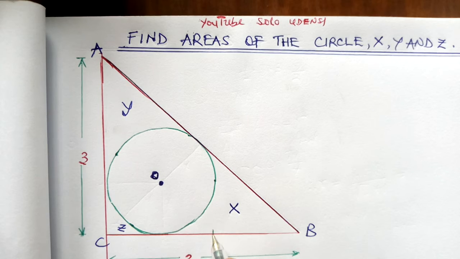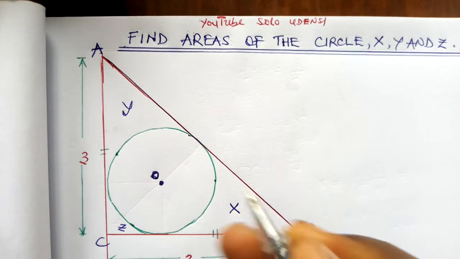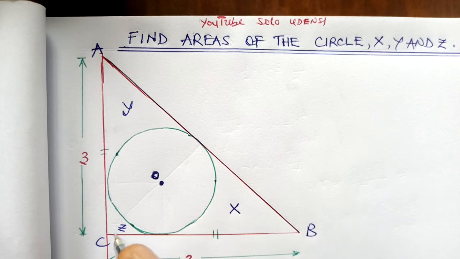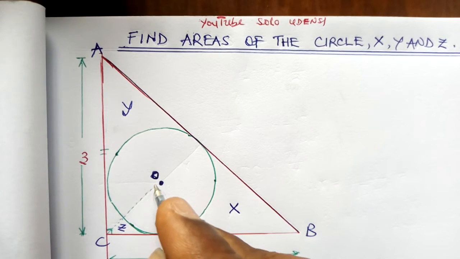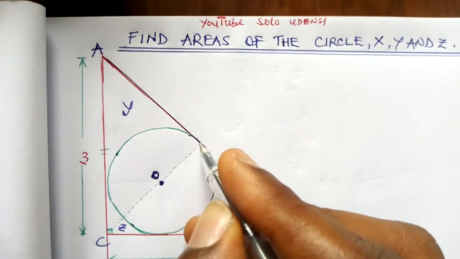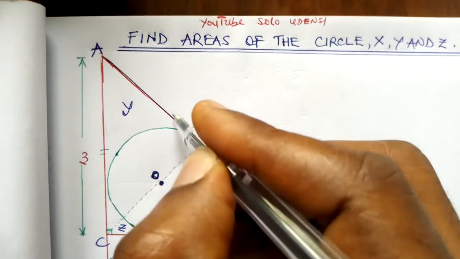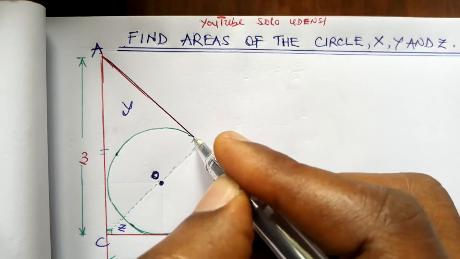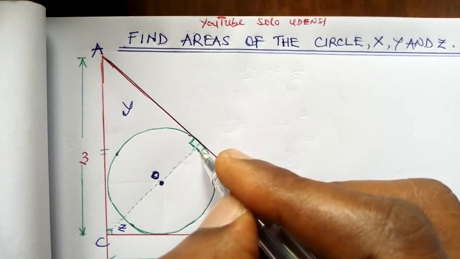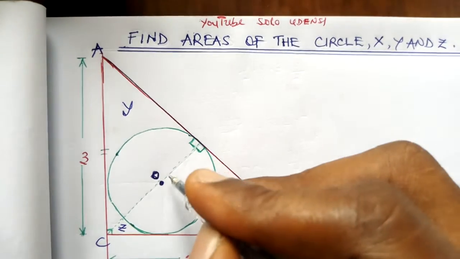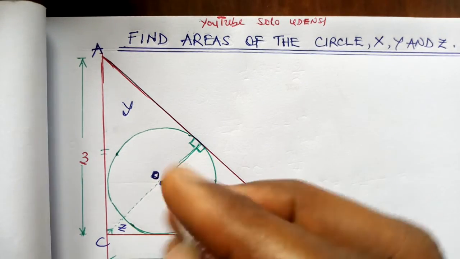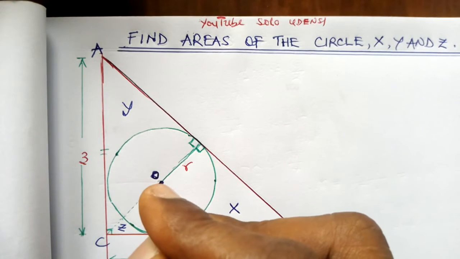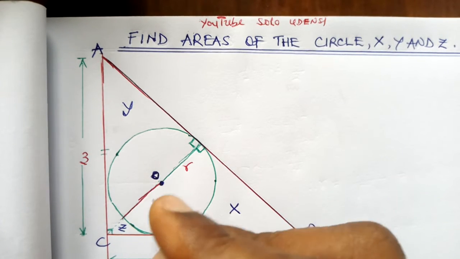So we have that this side is equal to this side, which is 3. So what we can do is to bisect this angle, which is 90 degrees, into 2. If we bisect it, we will have a line running through the circle and tangential and meeting this tangent at this point, so that here is 90 degrees and here is 90 degrees. So this length now is equal to r, radius of the circle, and this length also is equal to r,